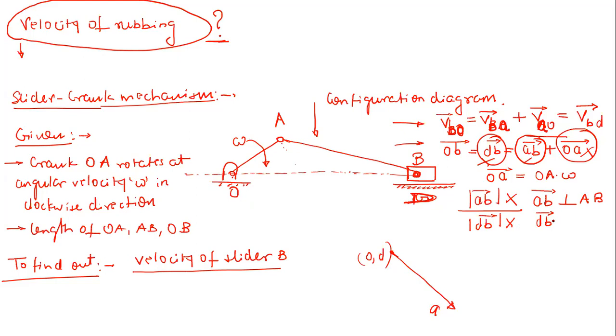So what will be the velocity of B? The parallel to D. Very good. So it will be simply in this direction, right? So DB vector is parallel to simply OD, right? So now we know the direction, and then again we know the what? The direction of two vectors.